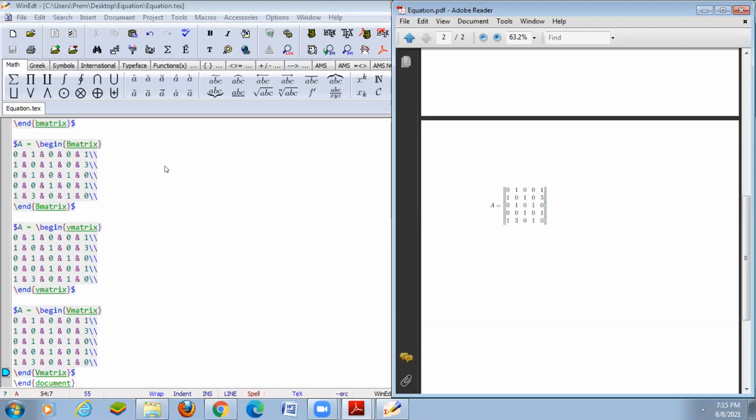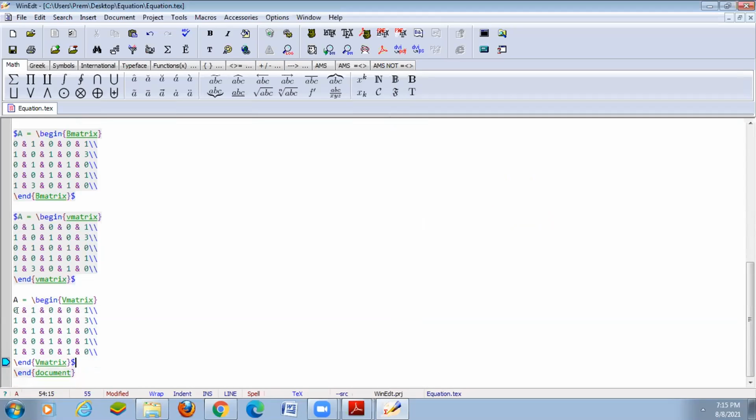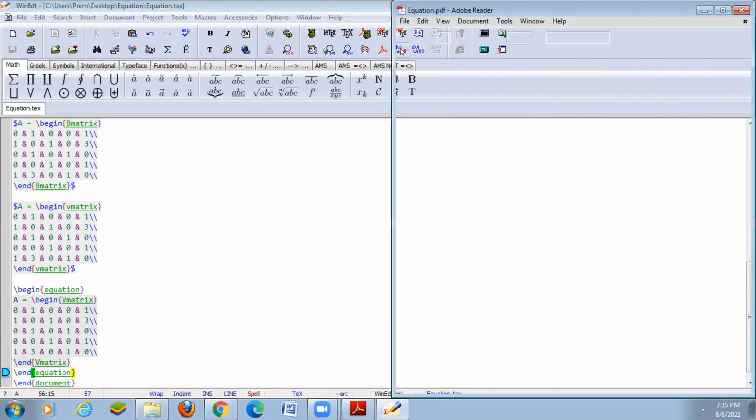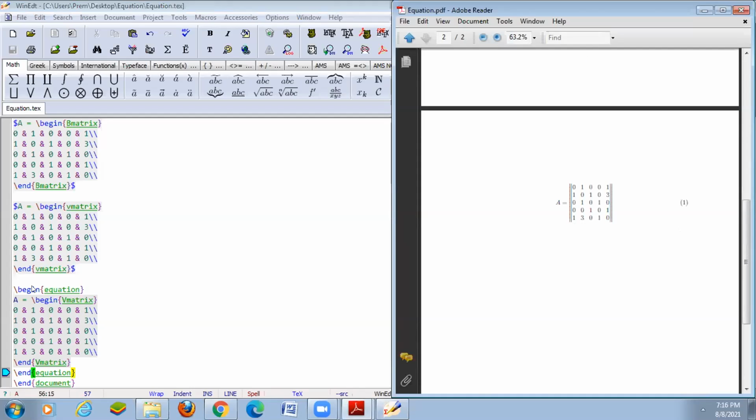Suppose if you want to type the last matrix within the dollar symbol, I have to use begin and end equation. In begin and end equation, we cannot use the dollar symbol.